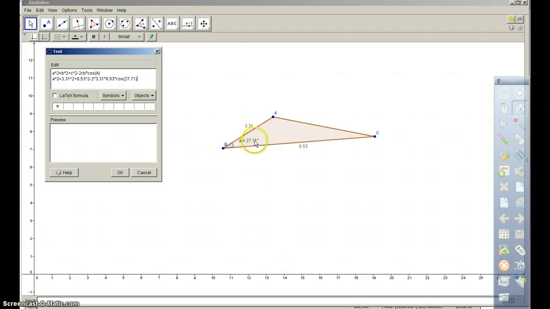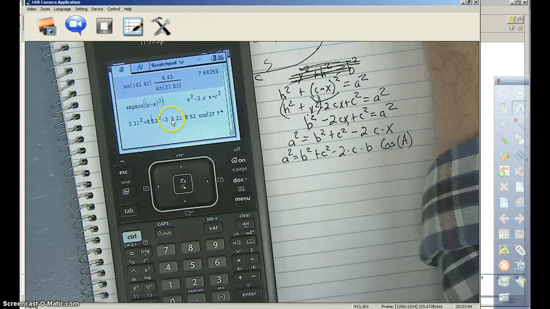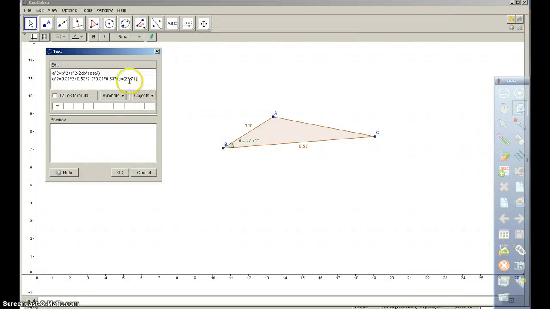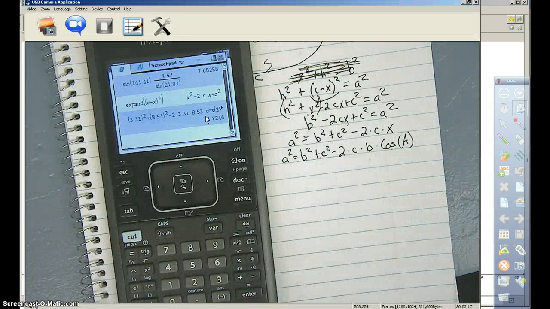One side, and we know the angle in between it. So anyway, I put that 8.53, the other known side, in there, and squared it. And I put minus 2 times one side times the other side times the cosine of the angle, right? So that's what we've got written up here. And then all I have to do is enter. And I have